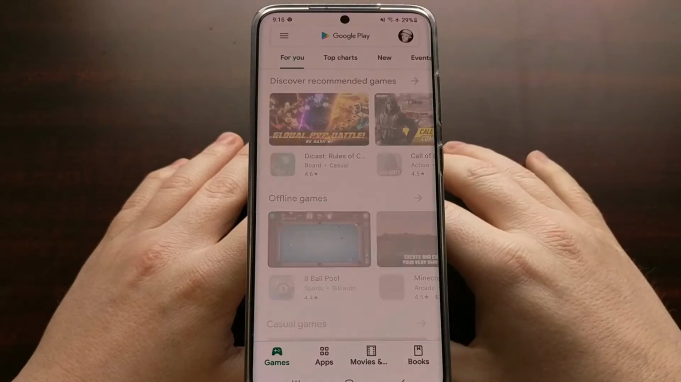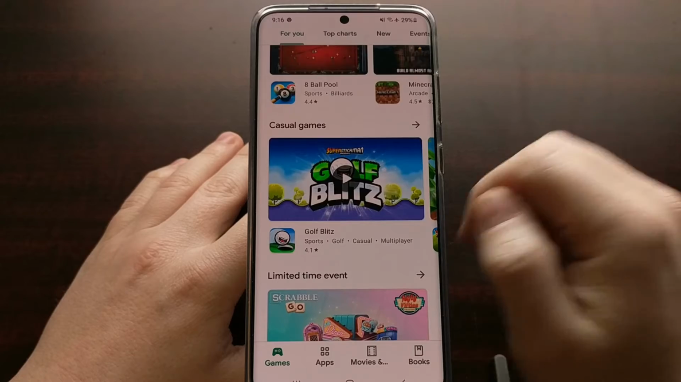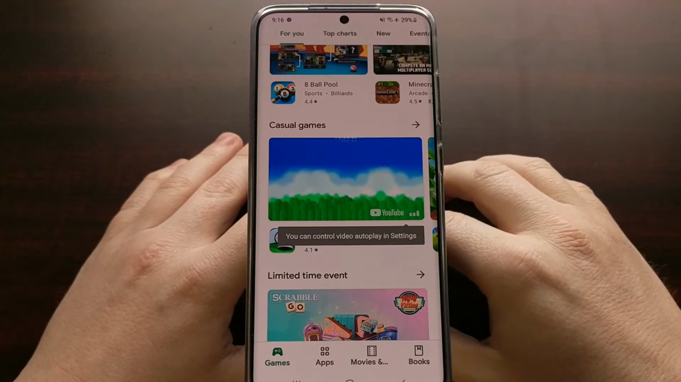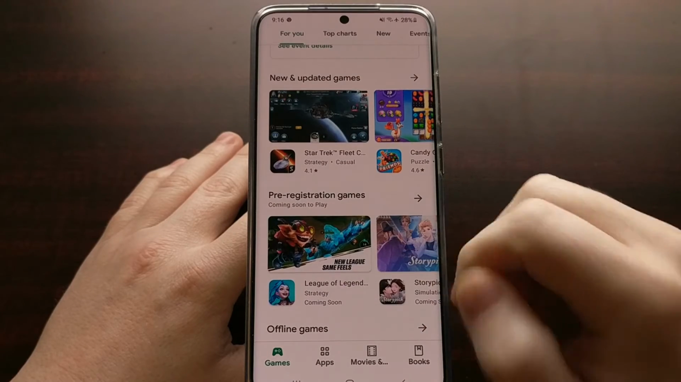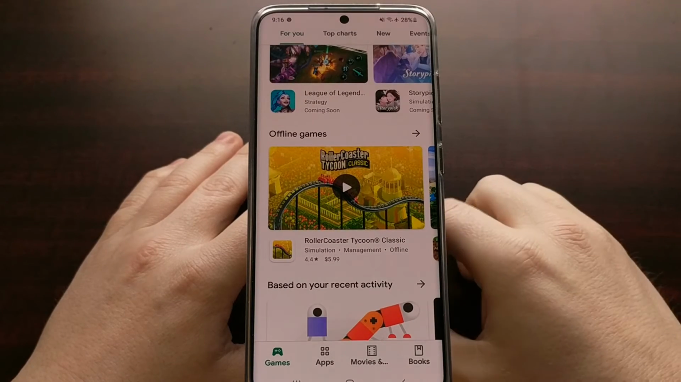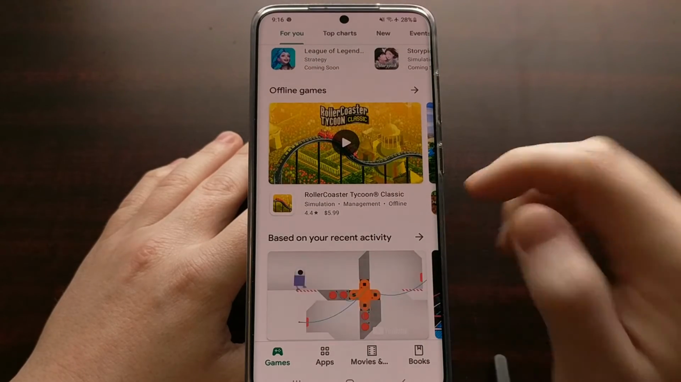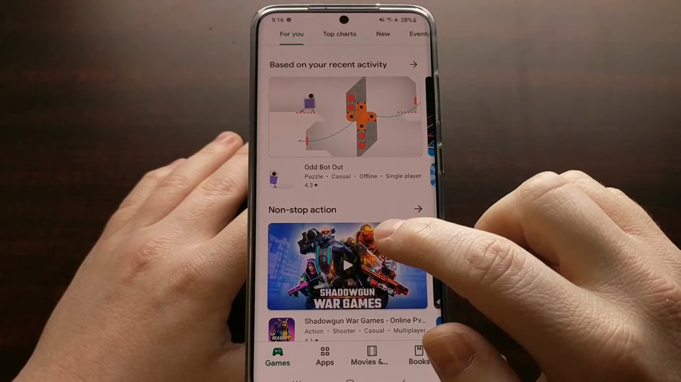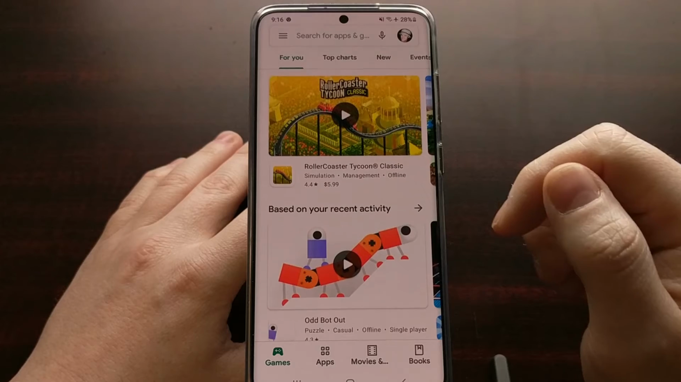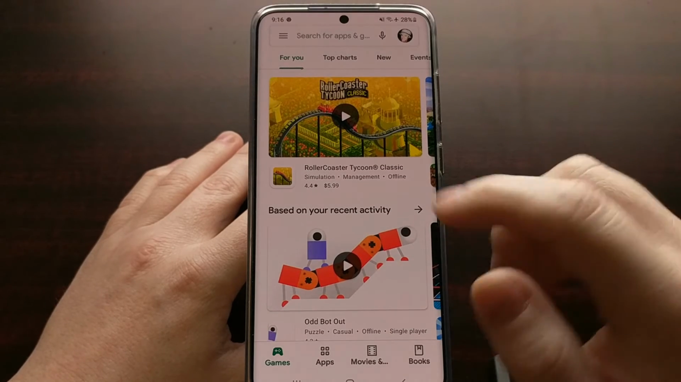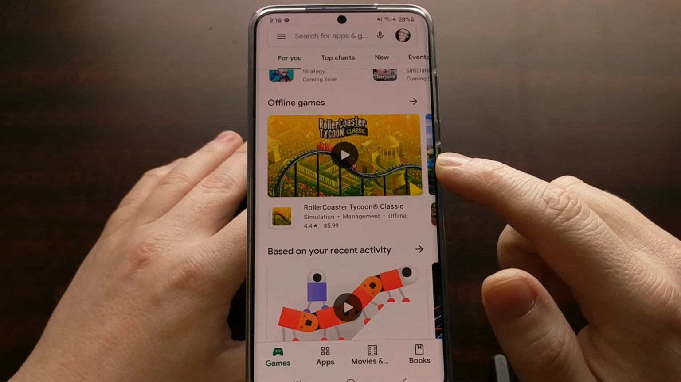If you've ever been scrolling through the Google Play Store and gotten annoyed by the automatically playing videos, whether they are just simply distracting to you or they use more data and overall battery life than you would like, then you'll be happy to know that you can disable the auto playing videos within the Google Play Store on